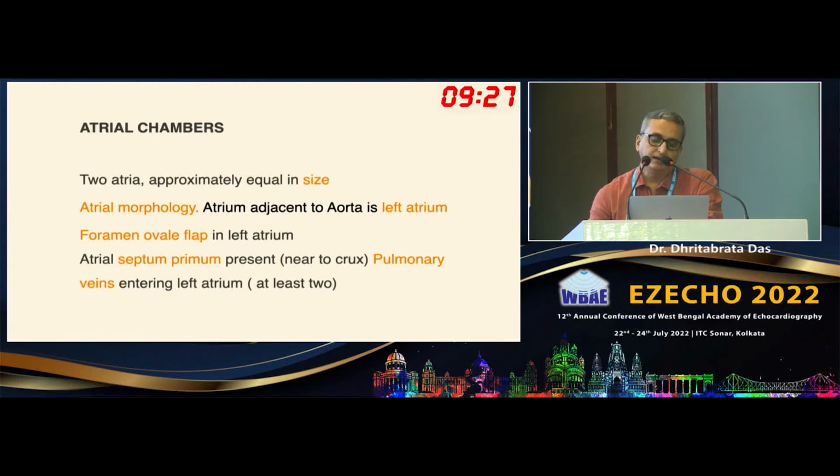One should identify the atrial morphology, because when we are doing echo, we should ensure the left-sided atrium is the morphological left atrium. The way to look at it, the same as we do in pediatric, you can look at the atrial appendage, and the usual rule is the atrium which is in front of the aorta is the left atrium. One should ensure that the foramen ovale flap is in the left atrium, because in the fetal heart, the